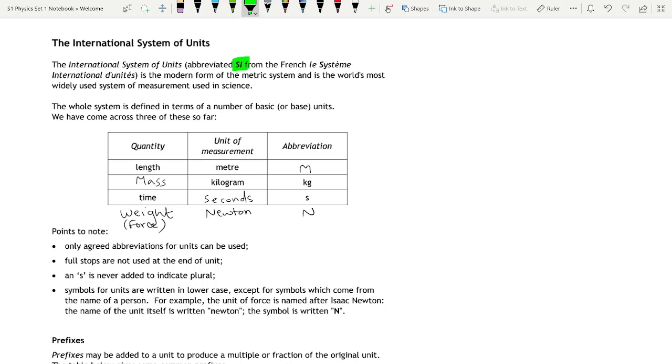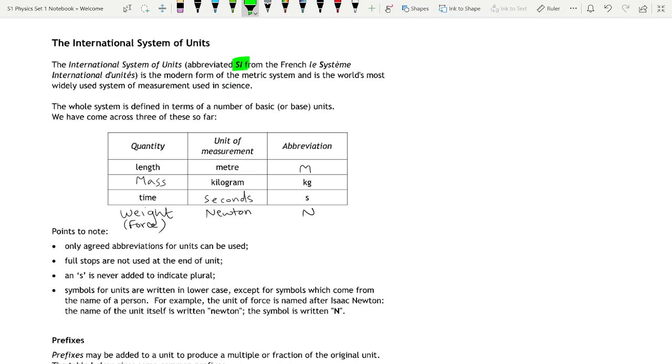Time is measured in seconds. That's the base one, that's the SI unit. So you might get minutes, you might get hours, but seconds is the SI unit. And its abbreviation is s. So it's not secs, no, it's just s. Okay? So never abbreviate it as secs because that's wrong, always just the s.